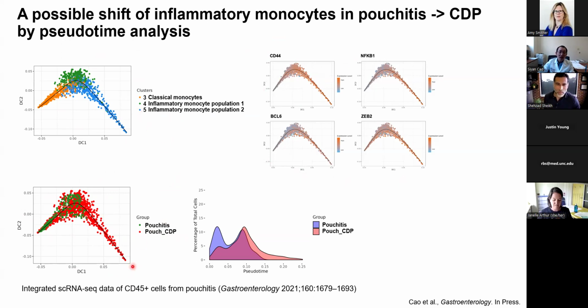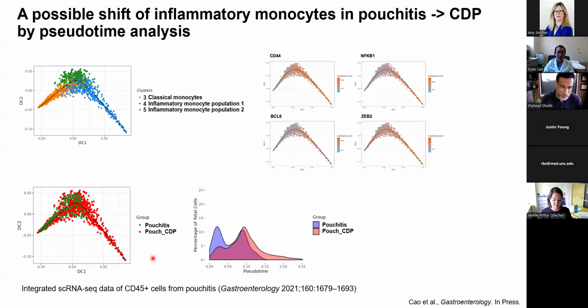The analysis suggests that cluster 5 might progress from clusters 3 and 4, which are present in pouchitis. This suggests there is a continuum of monocyte development or activation from pouchitis to Crohn's disease of the pouch. Right now, we are trying to collect tissues from those patients to see if there is an actual change in the different populations when patients first show clinical manifestations of pouchitis and later become more like